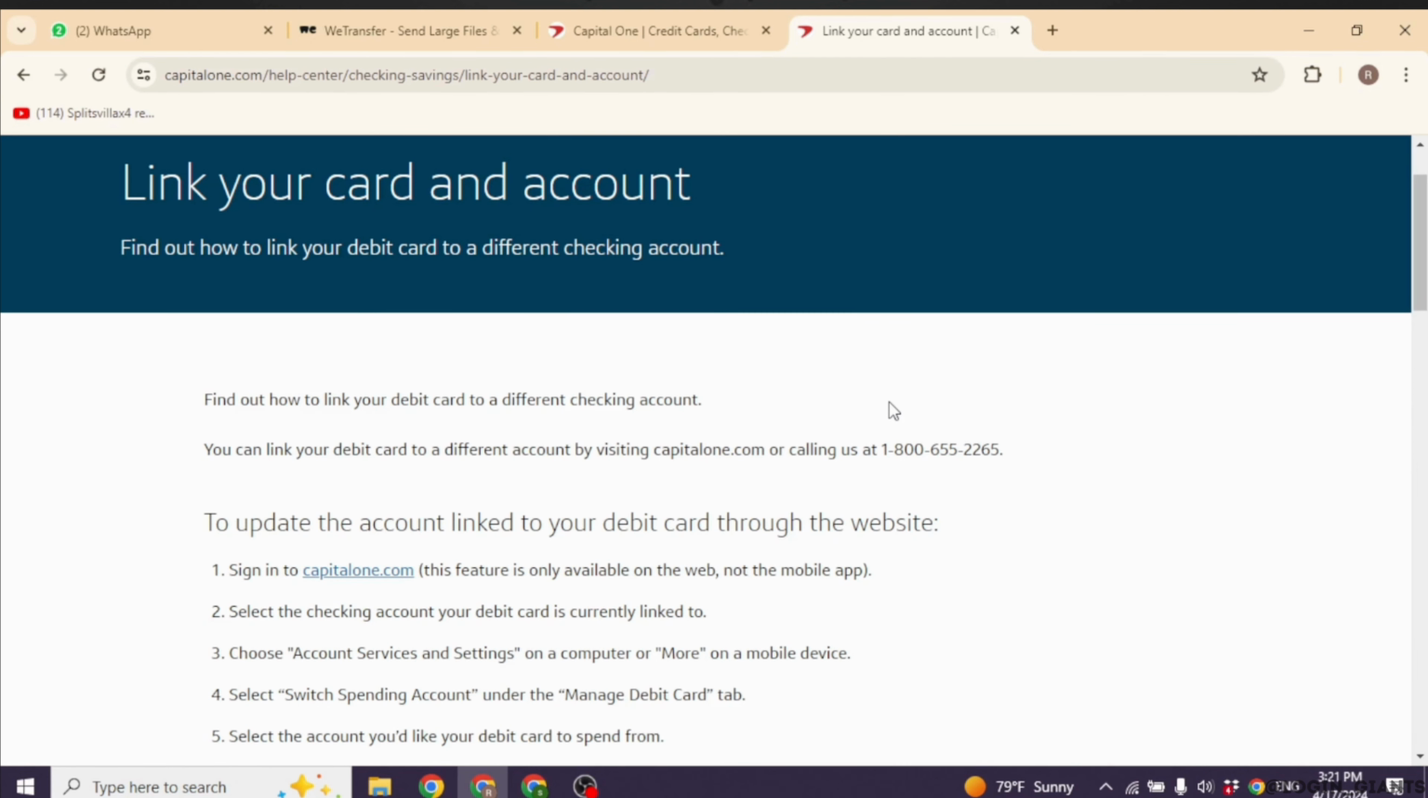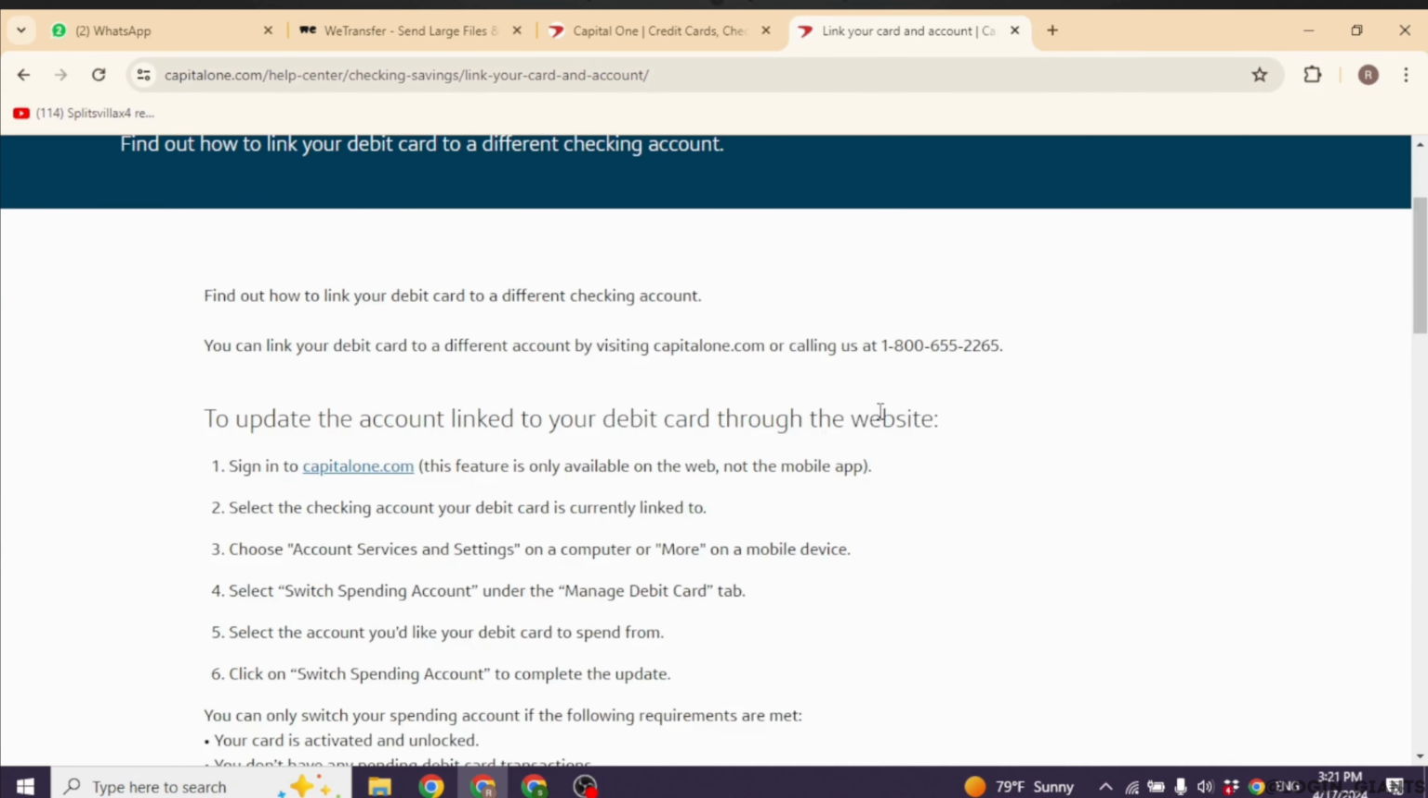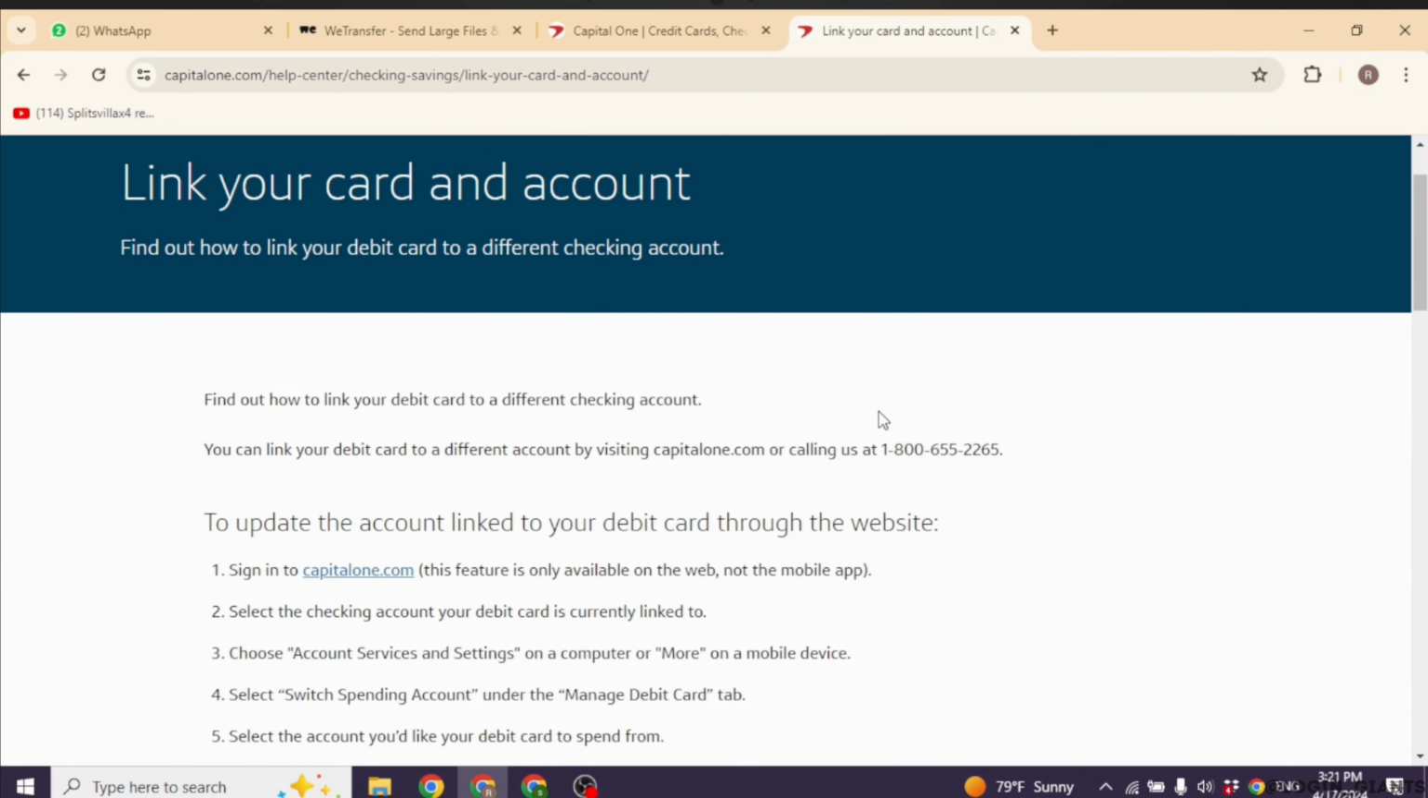And you have successfully linked your Capital One card to your bank account. You can now use it for payments and transfers conveniently through the Capital One app. And there you have it. By following these steps, you can easily link your Capital One card to your bank account and manage your finances